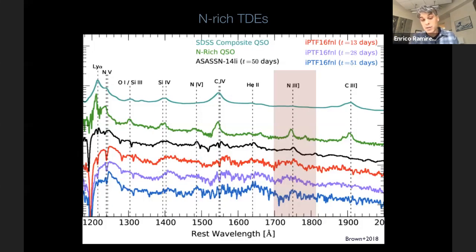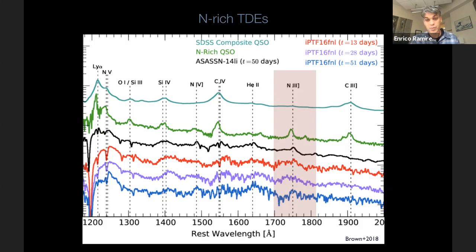And again, highlighting some of the points that we made before, the spectrum of these systems actually shows fairly strong nitrogen-rich lines, which are basically highlighted there. And in this beautiful paper, there's a nice comparison. For example, if you take